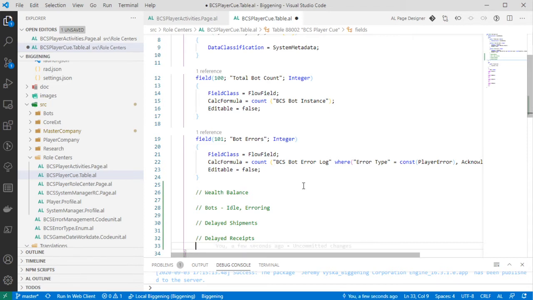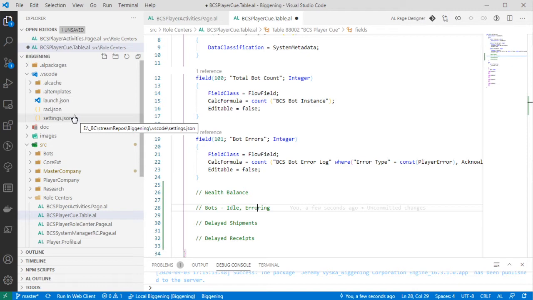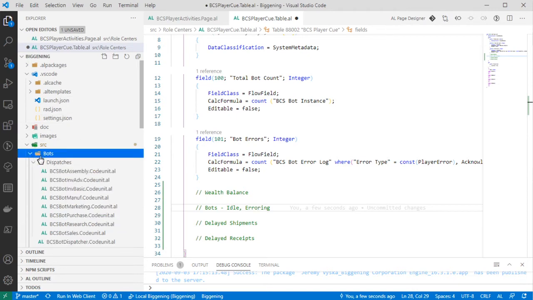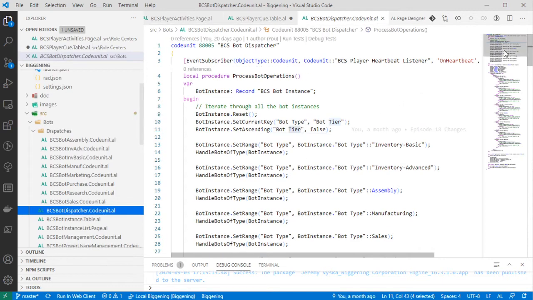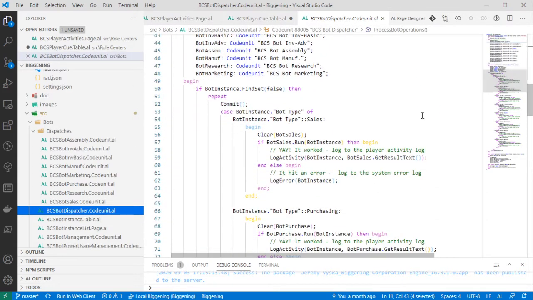Yeah. That's not too bad. Alright, so one of the things that we are going to want, the player will really need to know if bots are idle, because that means something in their chain is misbalanced. We have to update the dispatcher to handle that, because the way we're calling these code units right now, if